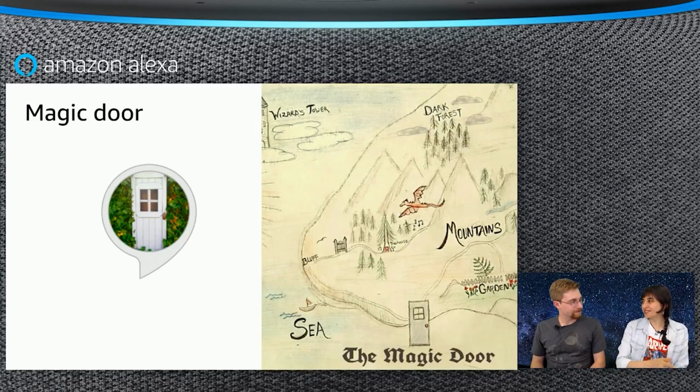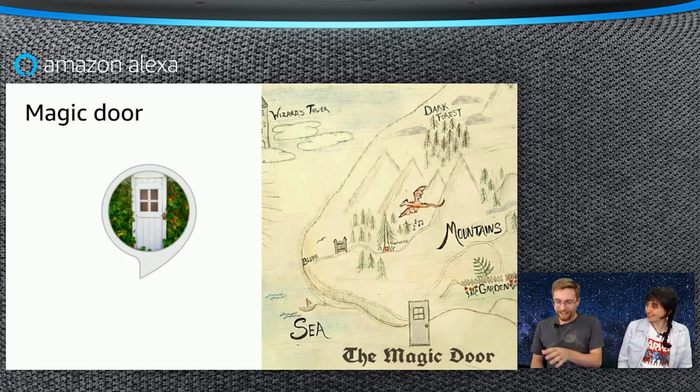I actually wanted to see what comes next in the story, but when we started the game, there was a sound of a magic door, and it was pretty fascinating. When I played the game, I was imagining how the door looks, what the location is that I'm walking in on the grass. So it kind of opens up imagination. It's not like I'm seeing the visual at the same time. I have to imagine myself, and that's fascinating for me.